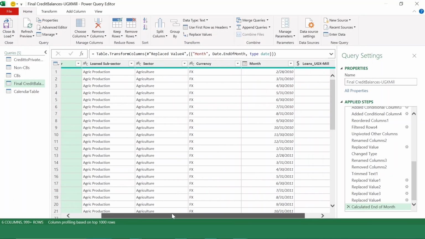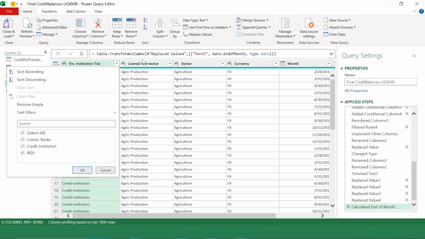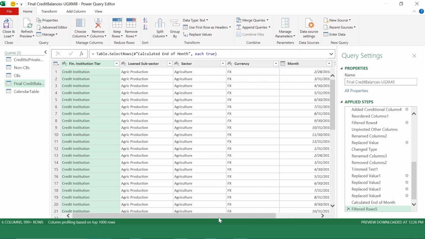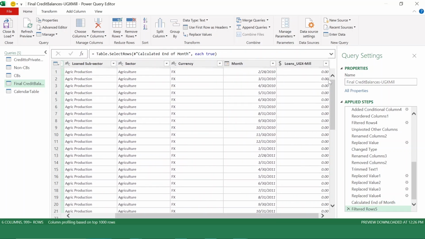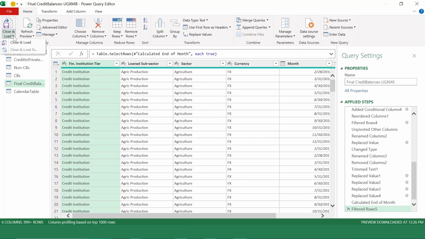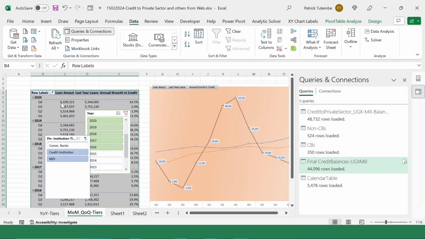Now we can see that we have the data by sector, then we have which data is given in local currency and foreign currency, and the date of reporting. So for the financial tiers, you can see we combined commercial banks, credit institutions, and MDIs, and then we also have the amounts all converted into local currency. Now this has already been cleaned and transformed in Power Query, and the end result is that you have your